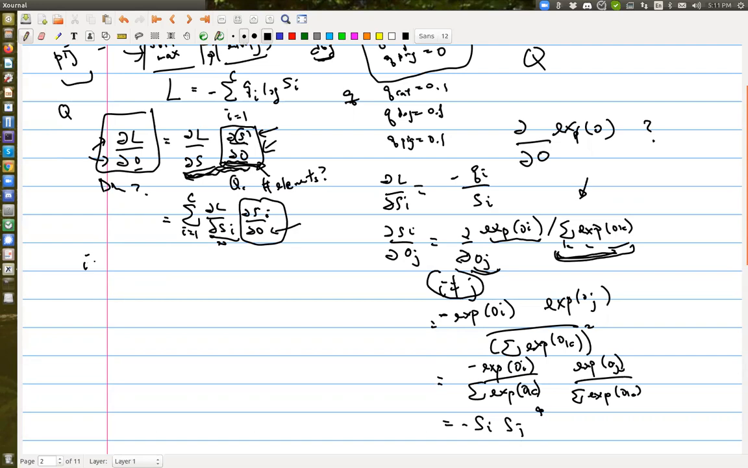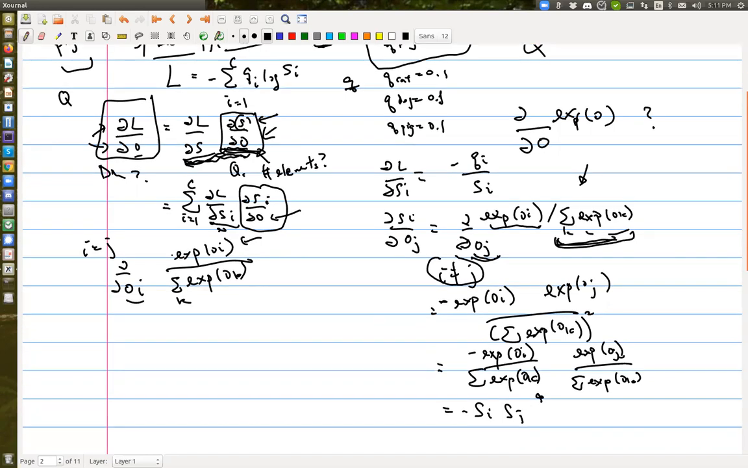So when I equals J, then I take the derivative of exponential OI over the sum over exponential OK. Now this guy will not be independent of OI as well, so I cannot pull it out. Then I take the derivative of this first, and then okay. Anyway, what you get will be equal to